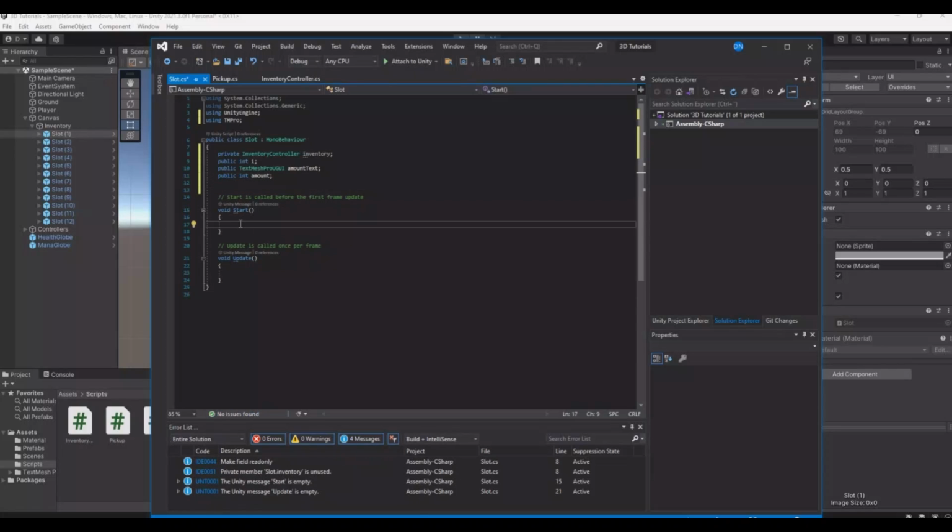and then we need a public integer called amount. In the start function, we need the same as in the other script. The inventory is equal to find object of type, and here we need to find the inventory controller like this,